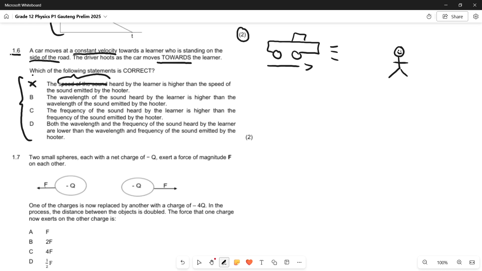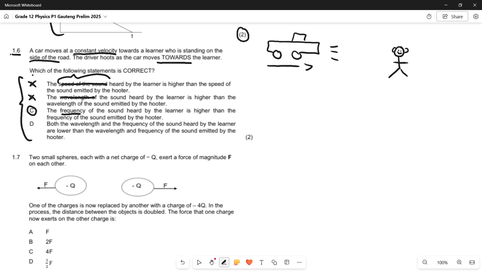So A is out. B says the wavelength of the sound heard by the learner is higher than the wavelength of the sound emitted by the hooter. Once again, that is wrong, because we do not hear wavelength either. We don't hear the speed of the sound, we don't hear the wavelength, but we do hear the frequency. C is the correct answer, because the frequency of the sound heard by the learner is higher than the frequency